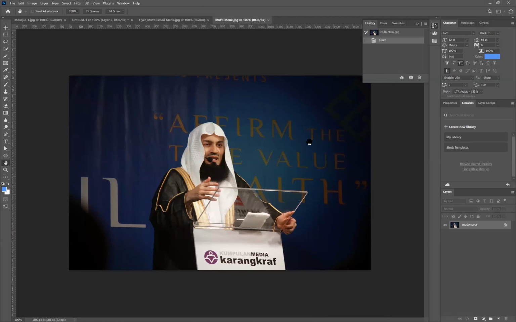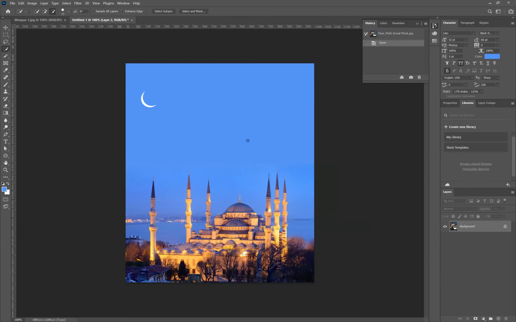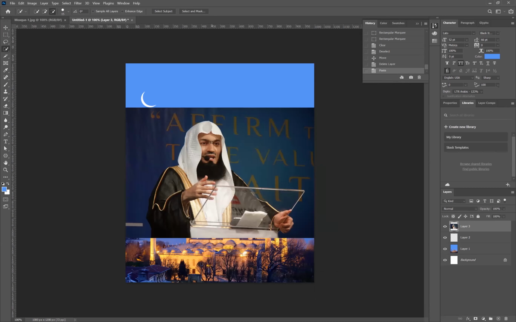Then you copy this picture, Control C, and bring it here. Now, if you want to remove the background area, you can use quick selection.